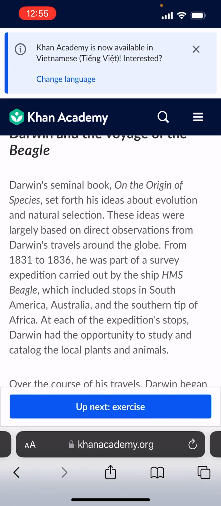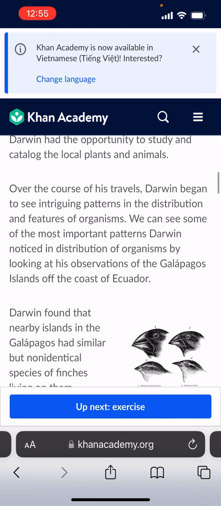At each of the expedition stops, Darwin had the opportunity to study and catalog the local plants and animals. Over the course of his travels, Darwin began to see intriguing patterns in the distribution and features of organisms. We can see